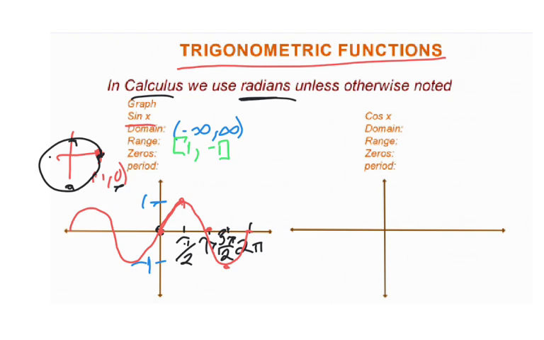Now your zeros, we haven't talked about that one yet. It's anywhere it crosses. So the zeros for sine, it's going to be at 0, and then also any time that x is equal to n pi, where n is an integer. See, it went through it at 1 pi, 2 pi, it'll go through it at 3 pi,